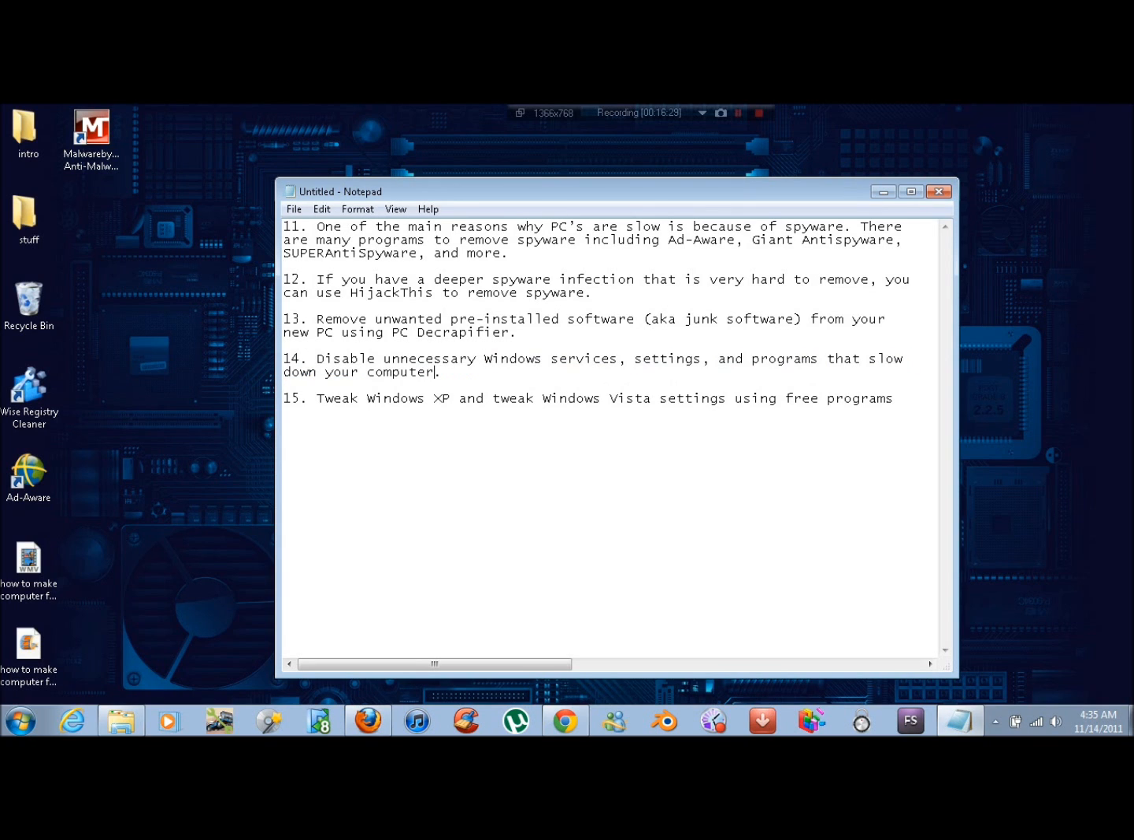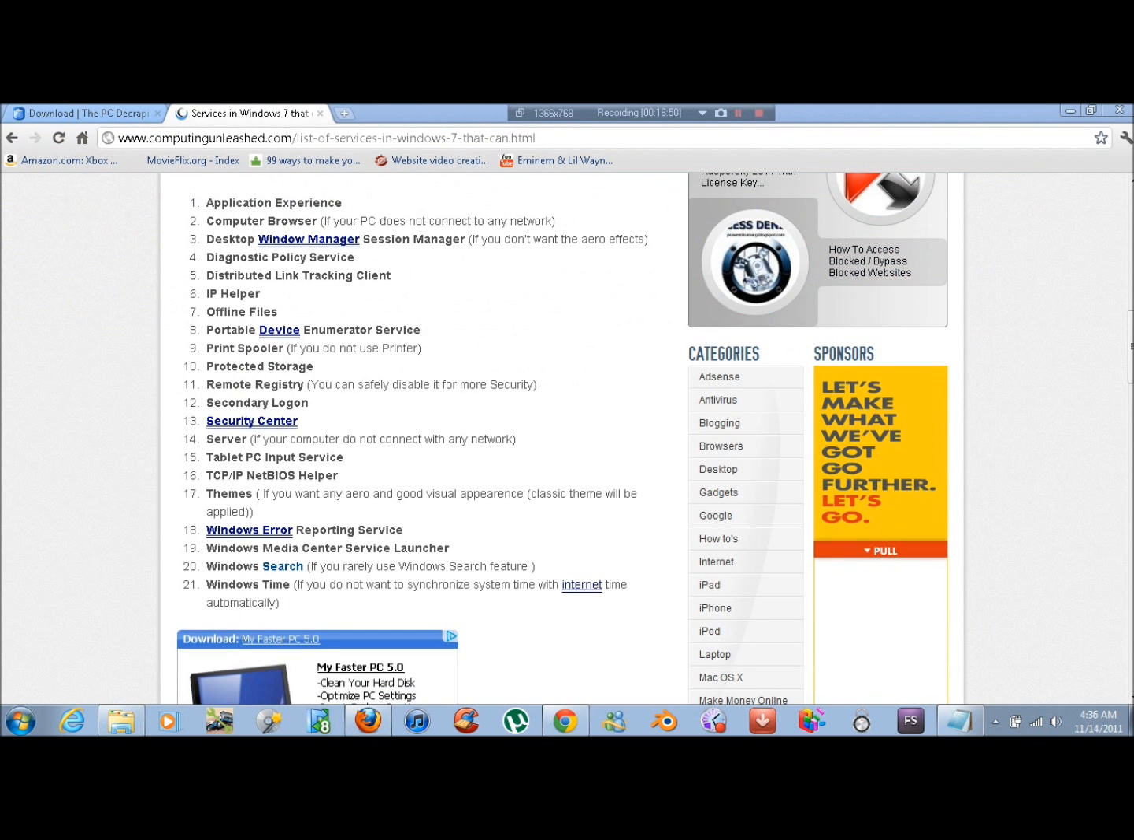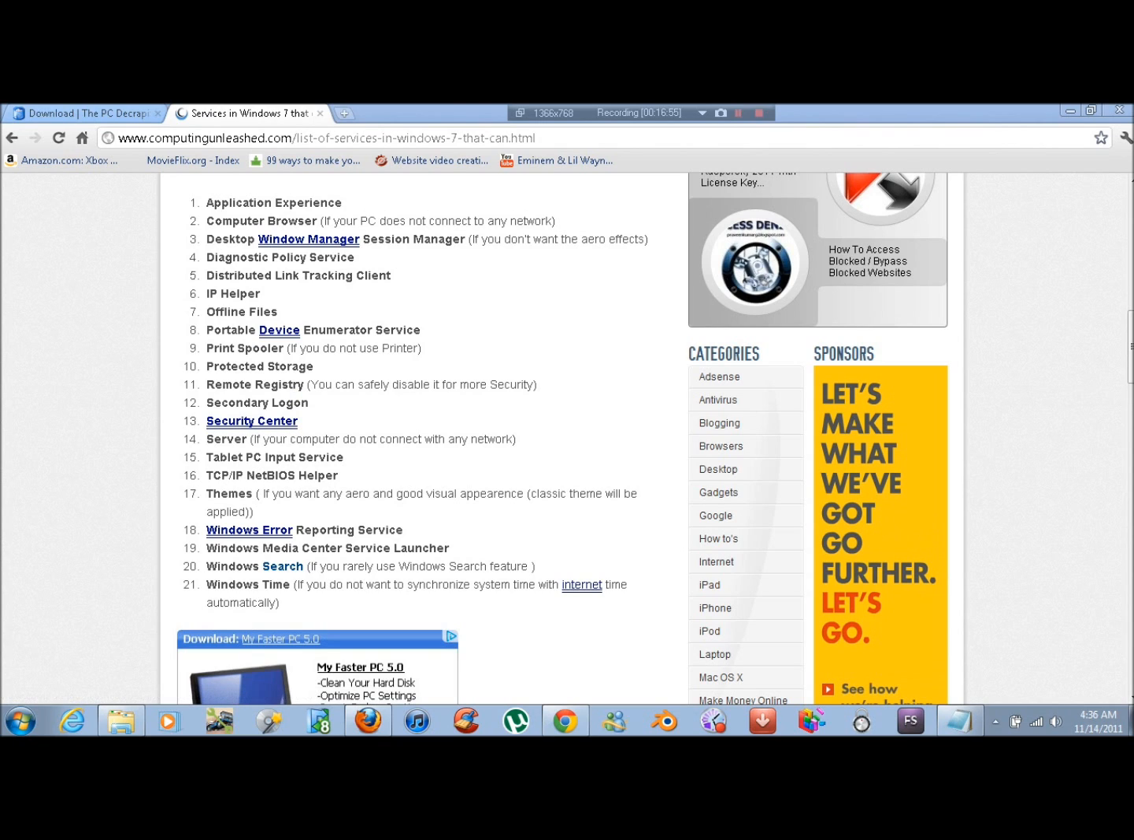Alright, disable unnecessary Windows services. Settings and programs that slow down your computer. I'm going to bring up a list of services that can be set to manual or disabled. Alright guys, right here I've got a list of about 21